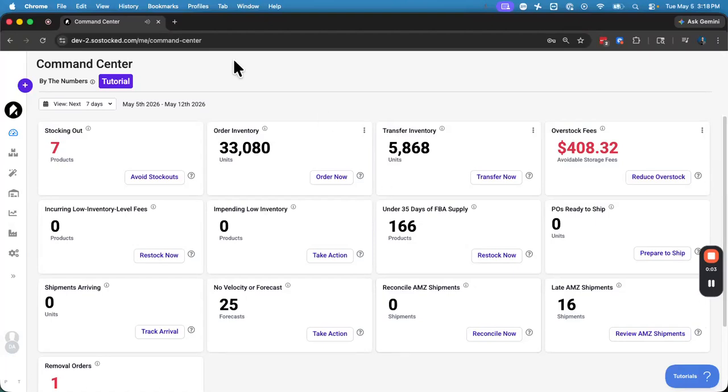The command center in Overstock points out key areas of your business that you should pay attention to, kind of like the dashboard on your car. For example, overstock fees and low inventory level fees. Overstock connects up with Amazon's API and is pulling in the aged inventory report and